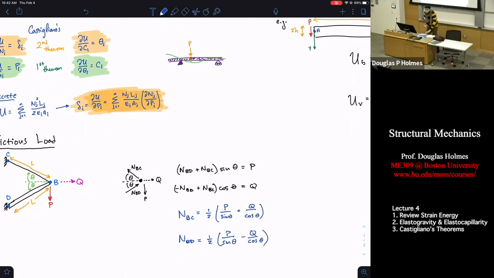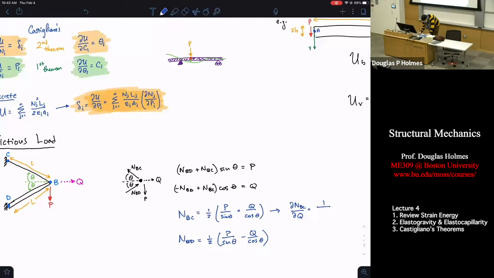With these in hand, now I can do what I want, which is take the derivative of my internal resultant with respect to Q. So I have this as a function of Q. We added this because we need to take the derivative of the resultant at the point we're interested in, in the direction we're interested in. So Q is applied at point B in the horizontal direction. That's what we want. So therefore, we can say the partial derivative of NBC with respect to Q